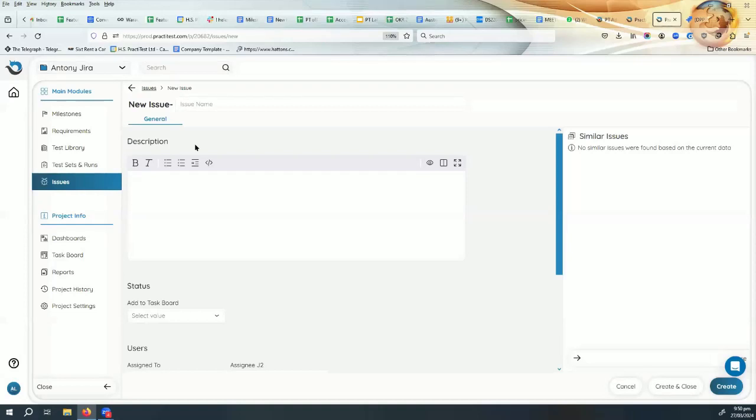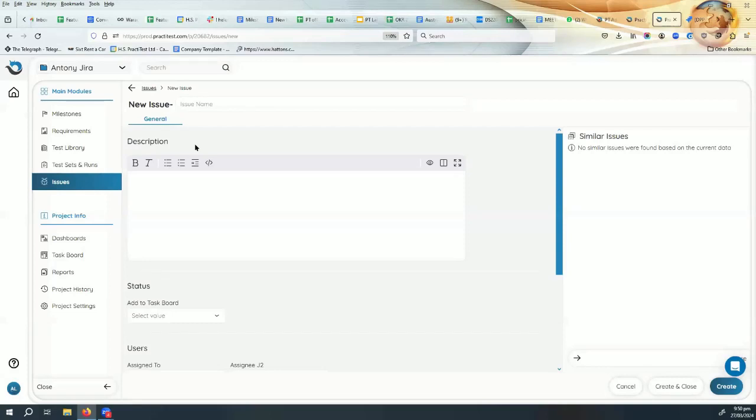So somebody phones in a bug, they can then write it down over here, create a bug for it. There are other people who have used it even connected to support desks. So if you have a support desk program like Intercom or Freshdesk, using their APIs, you can then plug into the PractiTest API, create your issues, update your issues using PractiTest and management, connect them up to dev, and then you can have a project here which is going to manage issues with dev, and you don't have to ever